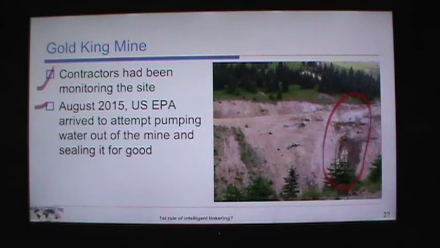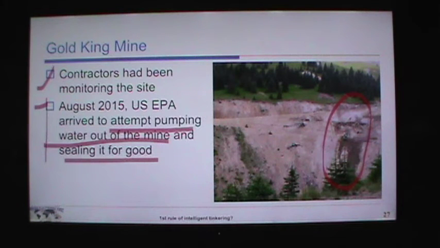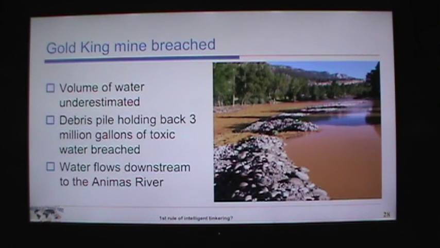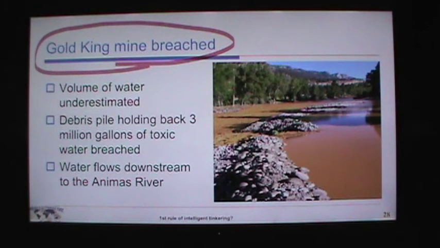In August 2015, the US EPA decided it was time to do something. They wanted to attempt pumping that water out of the mine and sealing the mine for good, so they wouldn't have to worry about monitoring it anymore. They were just going to pump all the water out of the mine. Well, the mine was breached when they started the work. There's finger pointing as to who did what, but this is the result. All that orange water that was held in the mine flowed downstream into the Animas River,